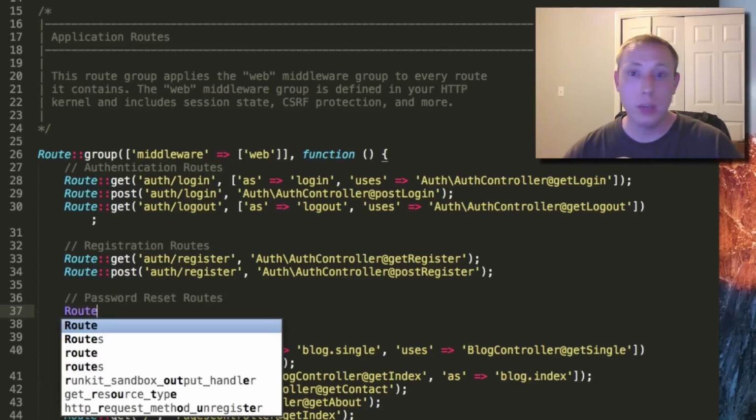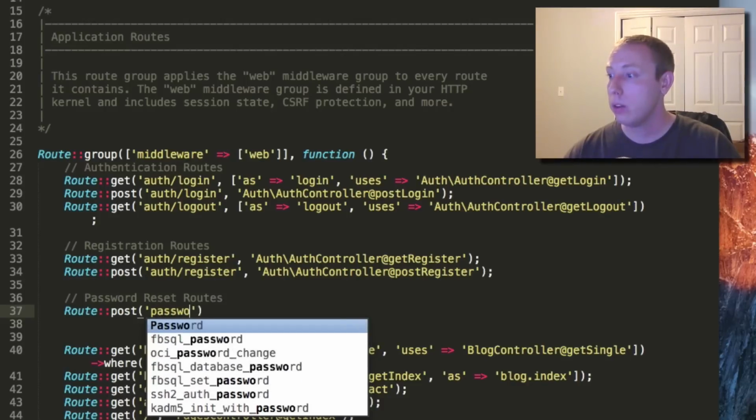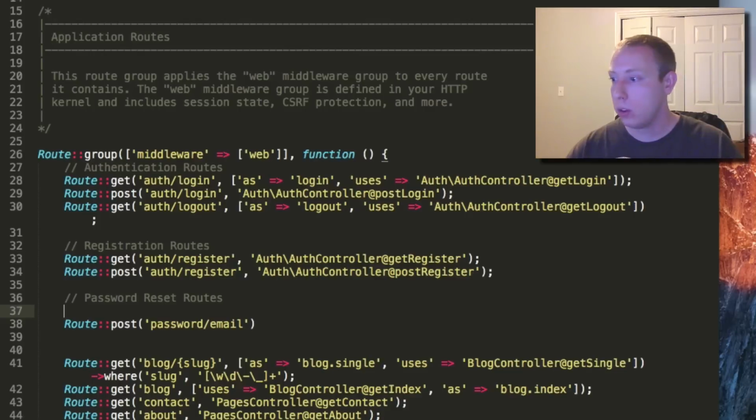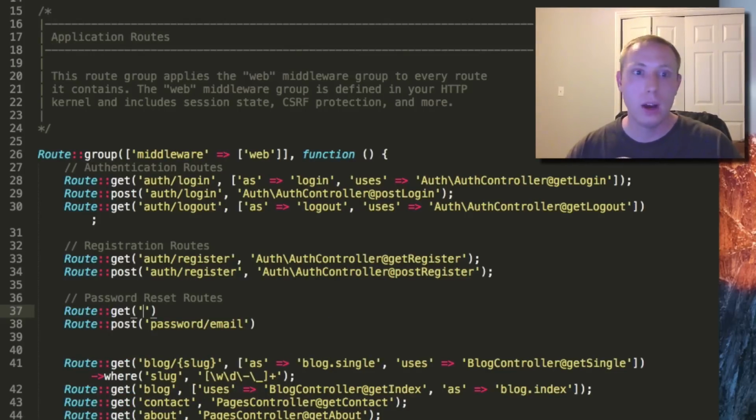Okay, so the first thing we need is a post request. So we're going to do route post, and the post request needs to be password/email. Now the password/email is actually what's going to trigger off the email. So we're going to have our form, which we'll create in a second. And then, in fact, let's actually create that one first. We'll do route get, and then we'll do